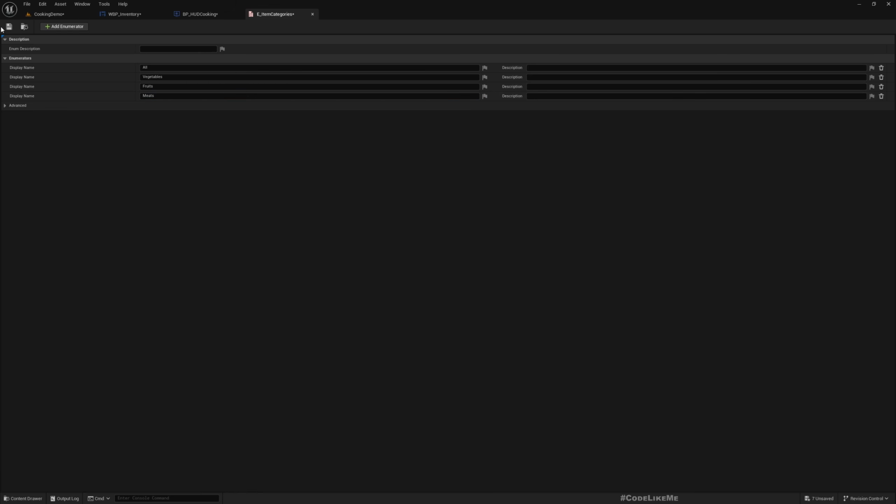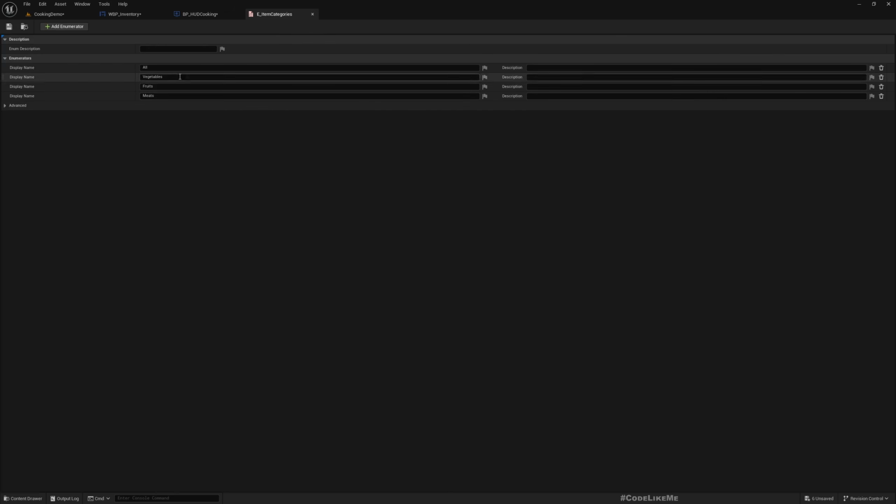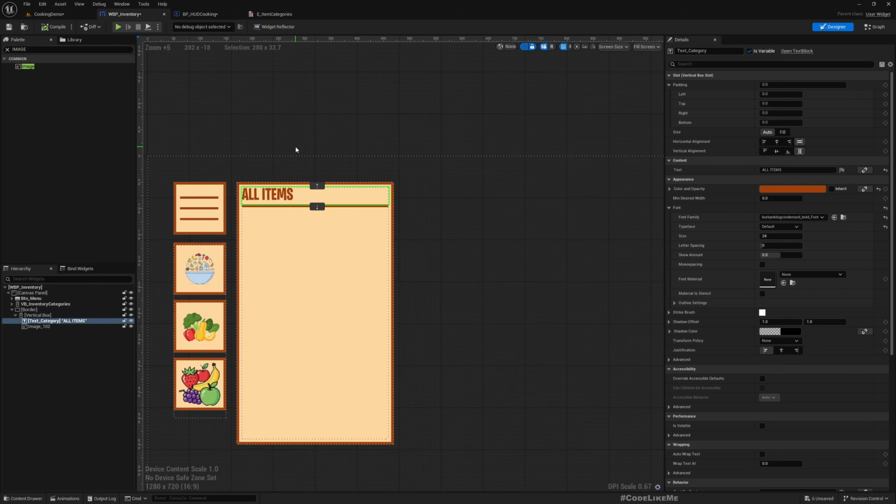This should be enough for now to demonstrate. And now here, down here, we will have the buttons that represent all the items from each category. But for now,